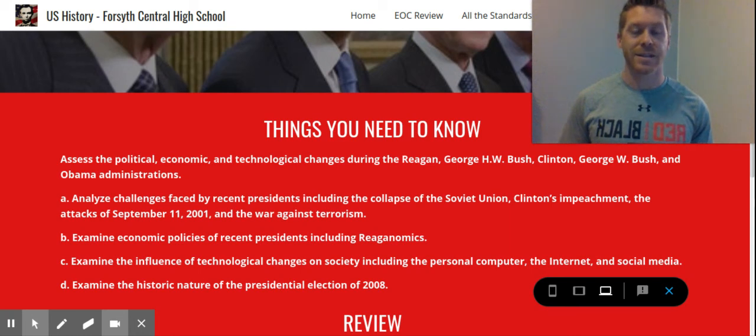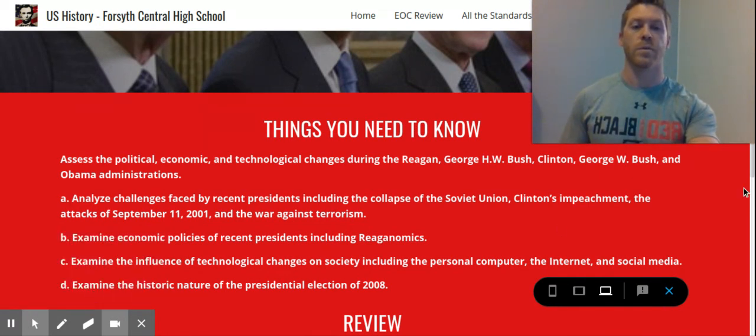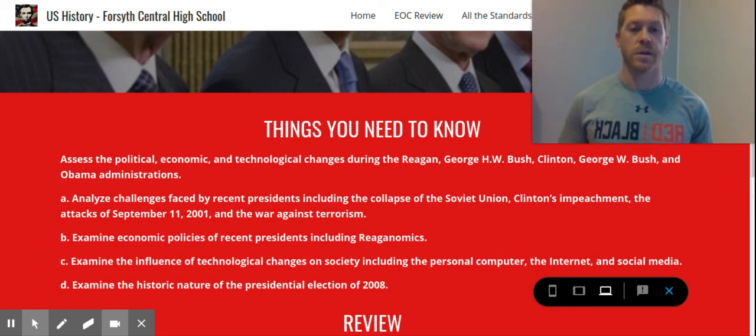And then lastly, President Barack Obama. He is most commonly known in this standard as being the first president of color, is the way that it is phrased. But he also was known for passing or pushing to have the Affordable Care Act passed, which is more commonly known as Obamacare, trying to provide health care for all, and for finally getting Osama bin Laden, which was part of the goal from all the way back to 2001.